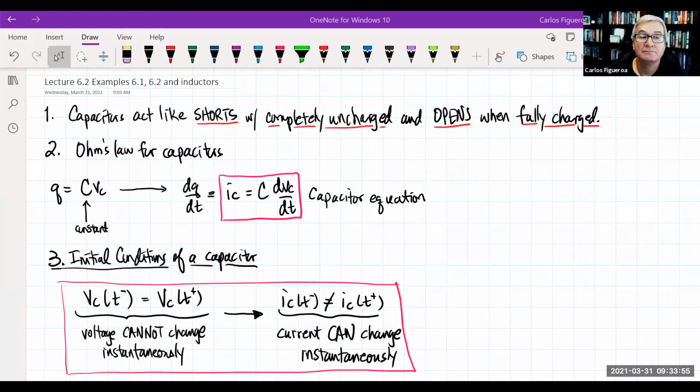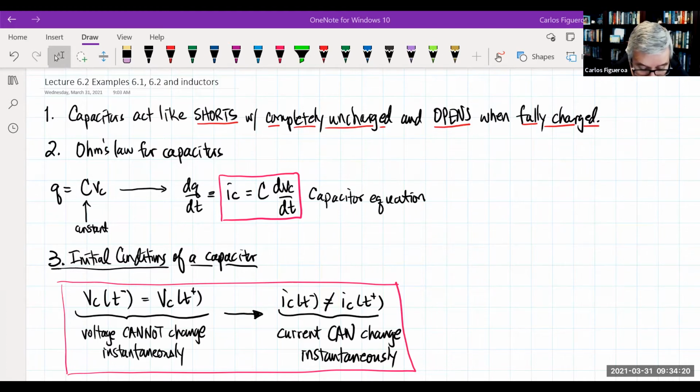So what I want to do here is go in and review. What you're seeing here is that I said there are really three things that we have to master with capacitors. I'm not going through all the details, of course, but what you're going to see here is